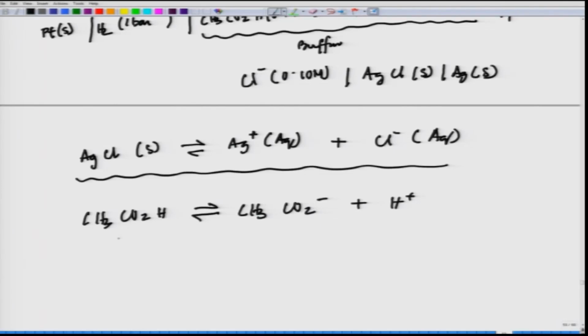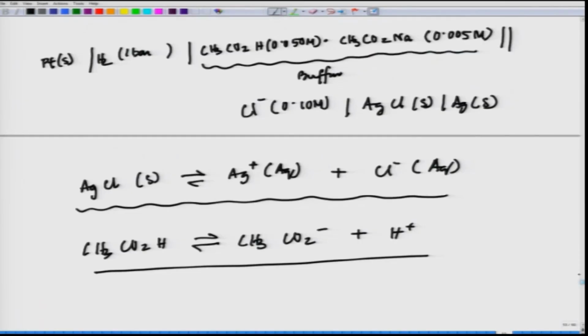This other left hand side is also at equilibrium. So, both the reactions within each half cell are at equilibrium. The redox reaction for the right half of the cell is something like this. If I write the redox reaction on the right hand side, it will be AgCl solid plus electron, making it Ag solid, chloride minus